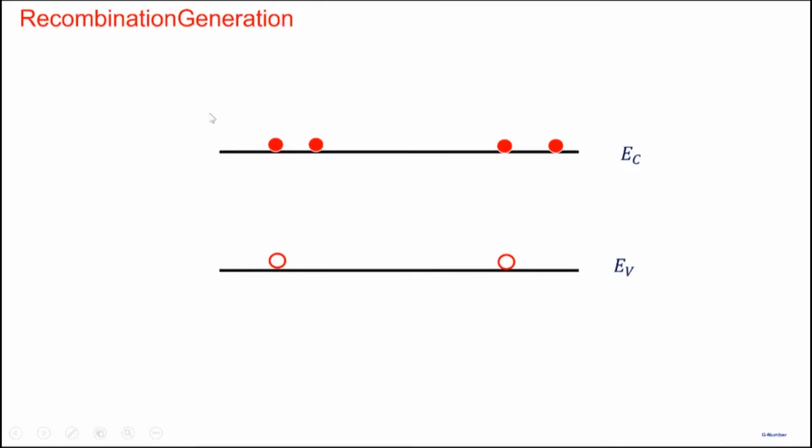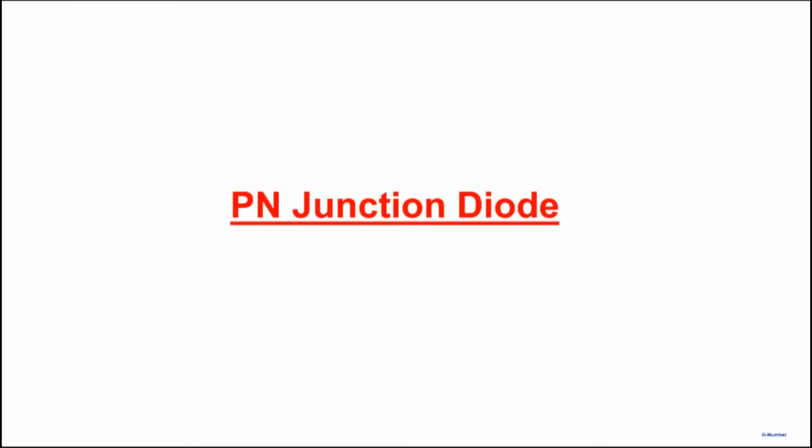So there's recombination occurring, there's generation occurring, and in equilibrium, the two processes balance each other, and we have a stable concentration of electrons and a stable concentration of holes. So recombination generation is also an important phenomenon that we need to keep in mind while trying to understand semiconductors. All right, so with this background, let's go on to